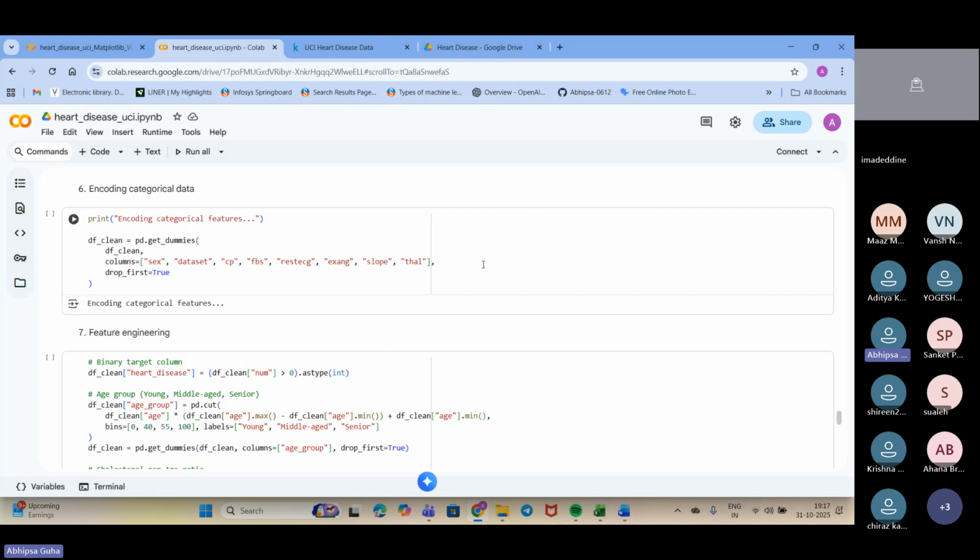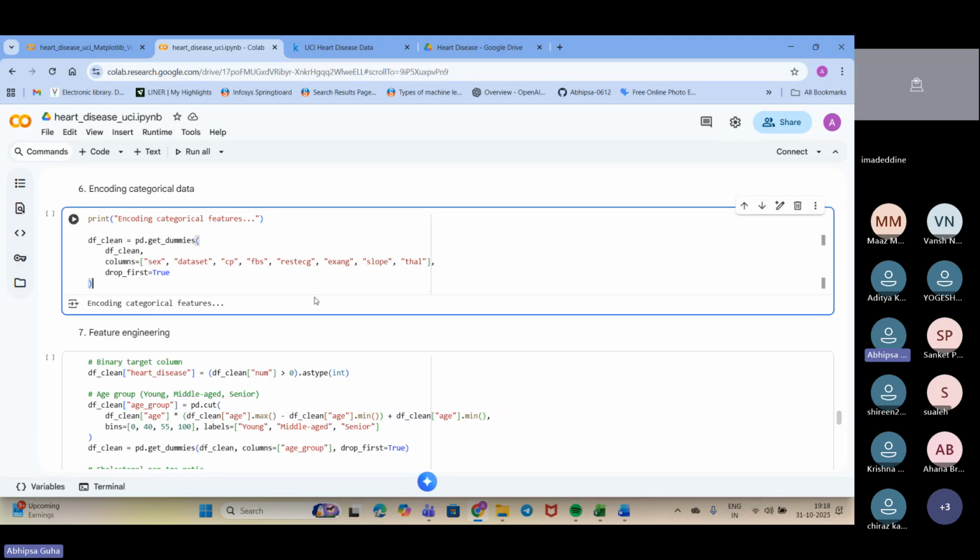I need to handle that so it can change to 0 or 1, or any numerical value. If there are 3 values, then 0, 1, 2, or if it has 4 categories, then 0, 1, 2, 3, right? This is how the model will understand.